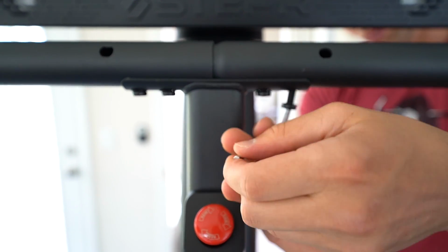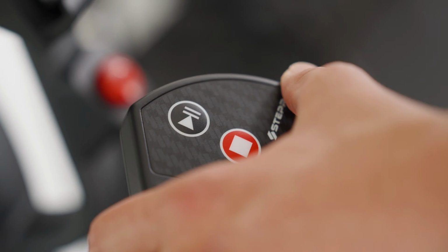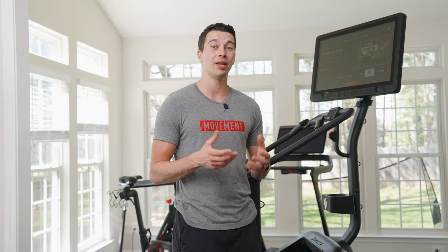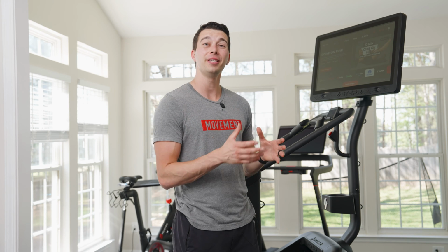The process overall is not too bad. Last few notes on the design, there is a volume button on the side as well as a headphone jack and a place to charge your phone with a USB-C outlet. You can also potentially use that USB-C outlet to attach a fan if you'd like, because there is no built-in